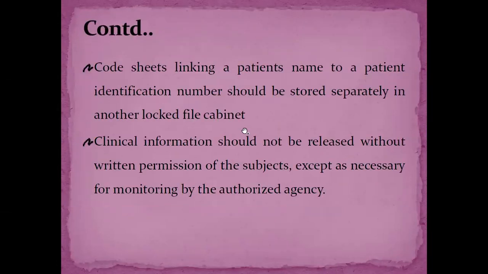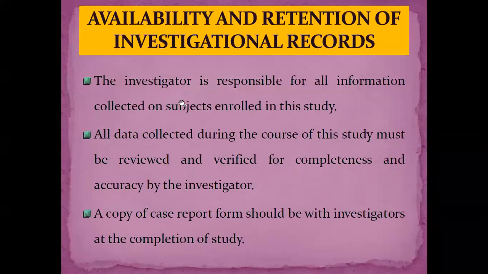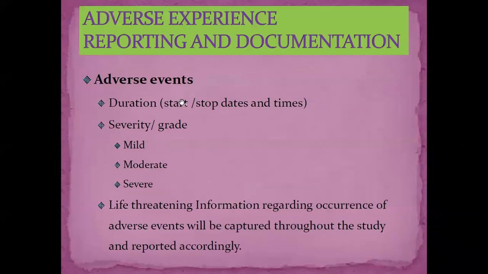Once you are done with the protocol design and everything, once you have the results in your hand, once you have analyzed your results and are ready to conclude, then if you want to do the publication, you'll be starting with a normal research paper: writing an abstract, then introduction, the methodology you used, and the discussion or result of your clinical trial. So this is it for the clinical trial and protocol design part.